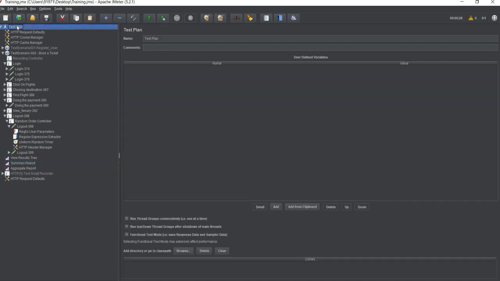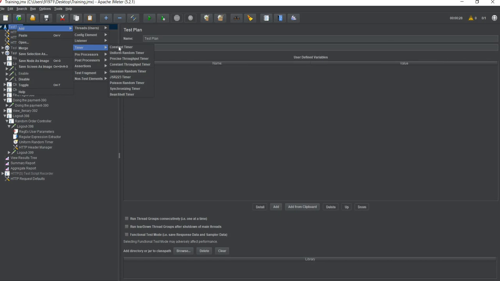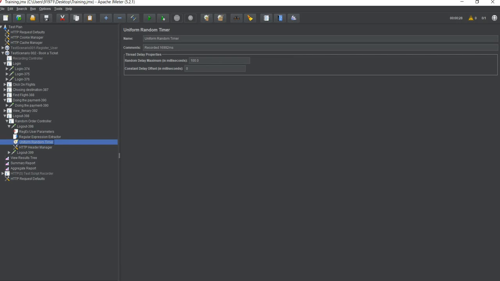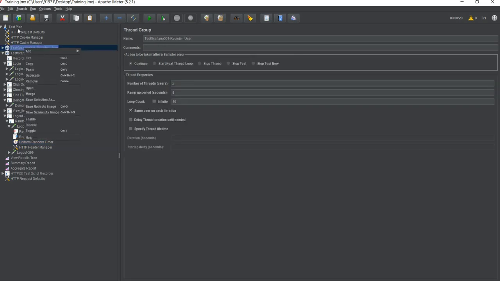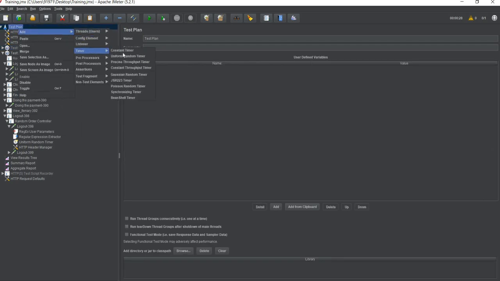The next component is the timer. We have already discussed timer, and we have already used it. Timer is a component which is used to put pauses, and this is actually used to put up think time, so that we can build a production-like scenario. There are also various kinds of timers. We have constant timer, uniform random timer. These two timers will mostly do your work, but there may be times you need some other kind of timer. As per the scenario, you can just Google it and it will show you what kind of timer you want.